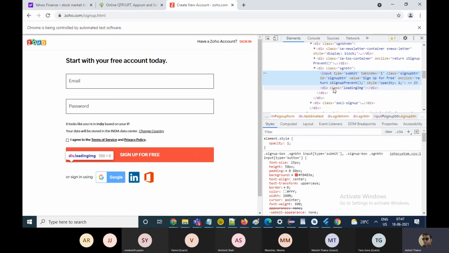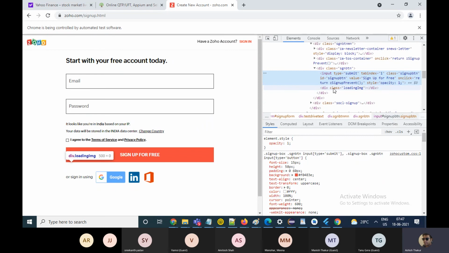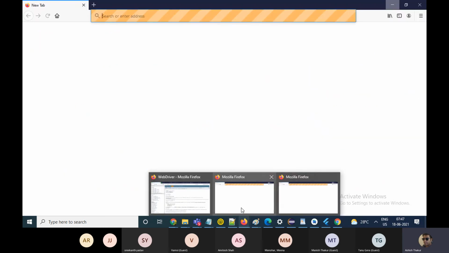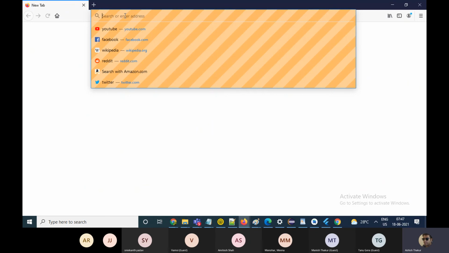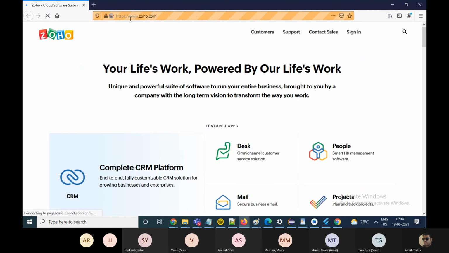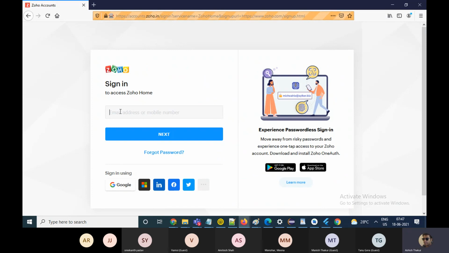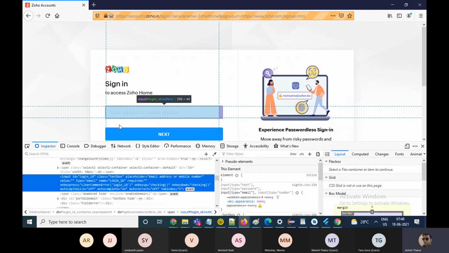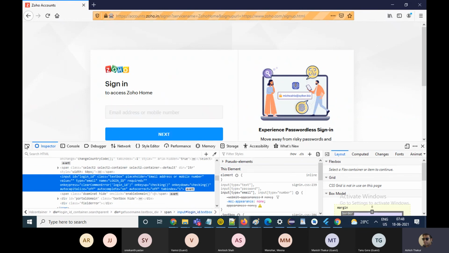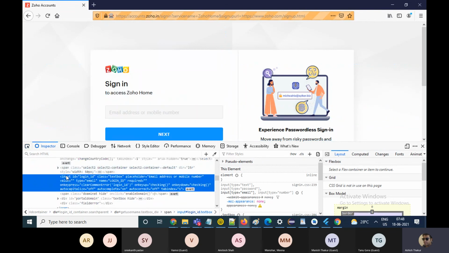Selenium just works on the page source, and the page source remains the same across all the browsers. Even on Mozilla, if I go to zoho.com and try to inspect this username field, you have the inspect option, you have this arrow, you can click on it and move over the element.